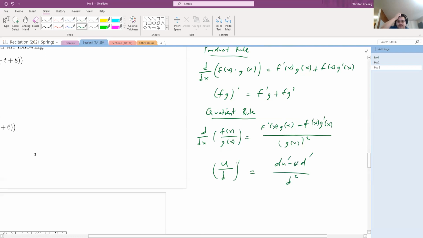So I kind of remember it like that. And one thing that I do here is I actually swap the u and the d. I swap the two things that are being multiplied in the first term because